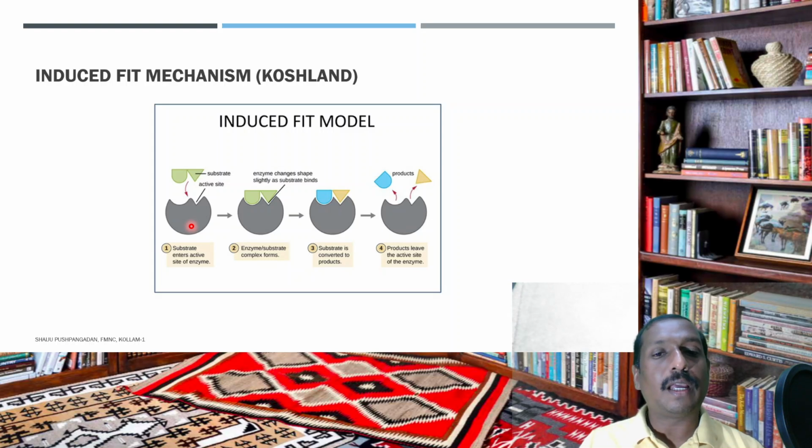Normally, the active site may not be suitable for accommodating this kind of substrate. So according to the lock and key theory, if the substrate with this kind of specific structural conformation is coming close to the enzyme, the structure is not suitable for binding with the active site of the enzyme. According to the lock and key theory, this kind of enzyme action will not happen, because the substrate is having a specific configuration and the enzyme active site is quite different, so the substrate cannot bind with the enzyme. But according to the induced fit model, there are some cases where the